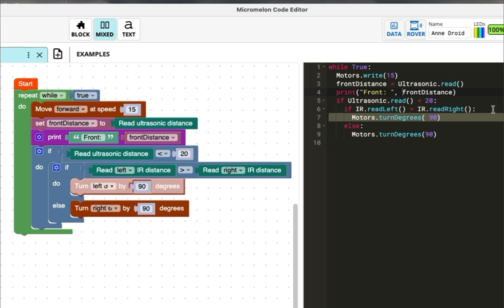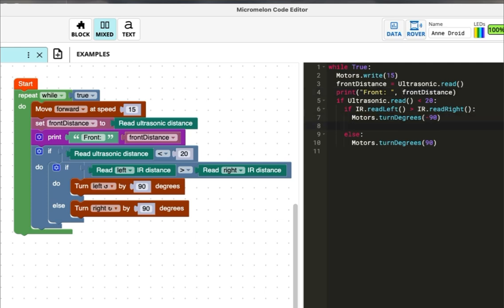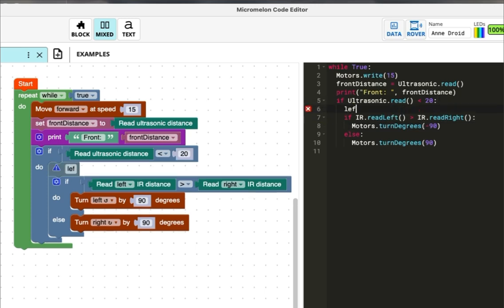So when it gets to this point and it's got to read these two ultrasonics, let's get the left side and the right side and read that. So to do that, I'm not going to put it there. I'm just going to go above that. So when it enters this if, we can then get the two distances. We can go left distance is equal to, and we'll just go IR read left,